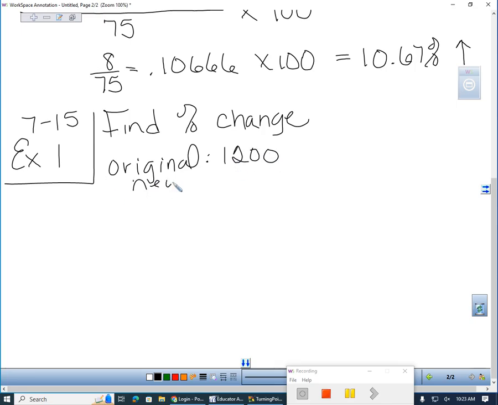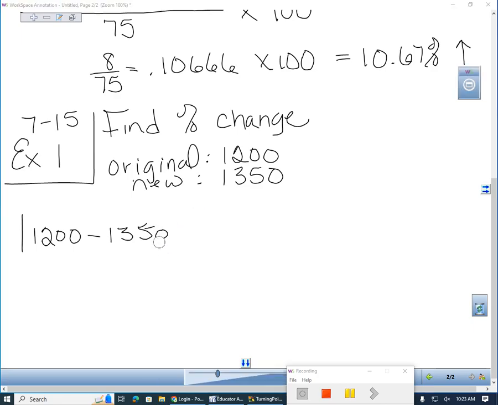The new is 1,350. So take the absolute value of the original, which is 1,200, minus the new, which is 1,350, all over the original